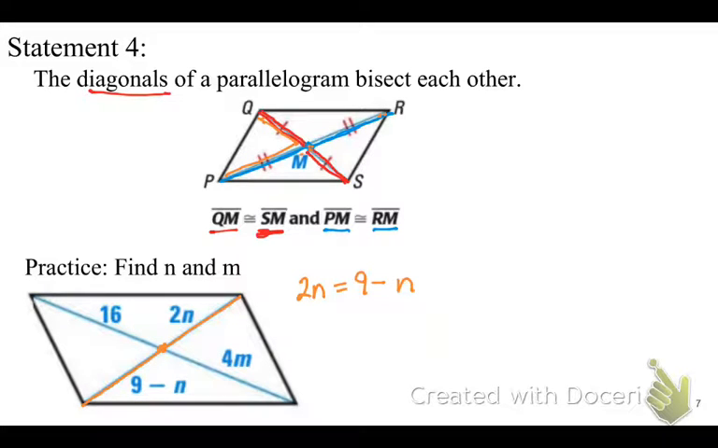So I'm going to add N to both sides. We get 2N plus N is equal to 9. 2N plus 1N is 3N equal 9. N is equal to 3. Okay, now we know